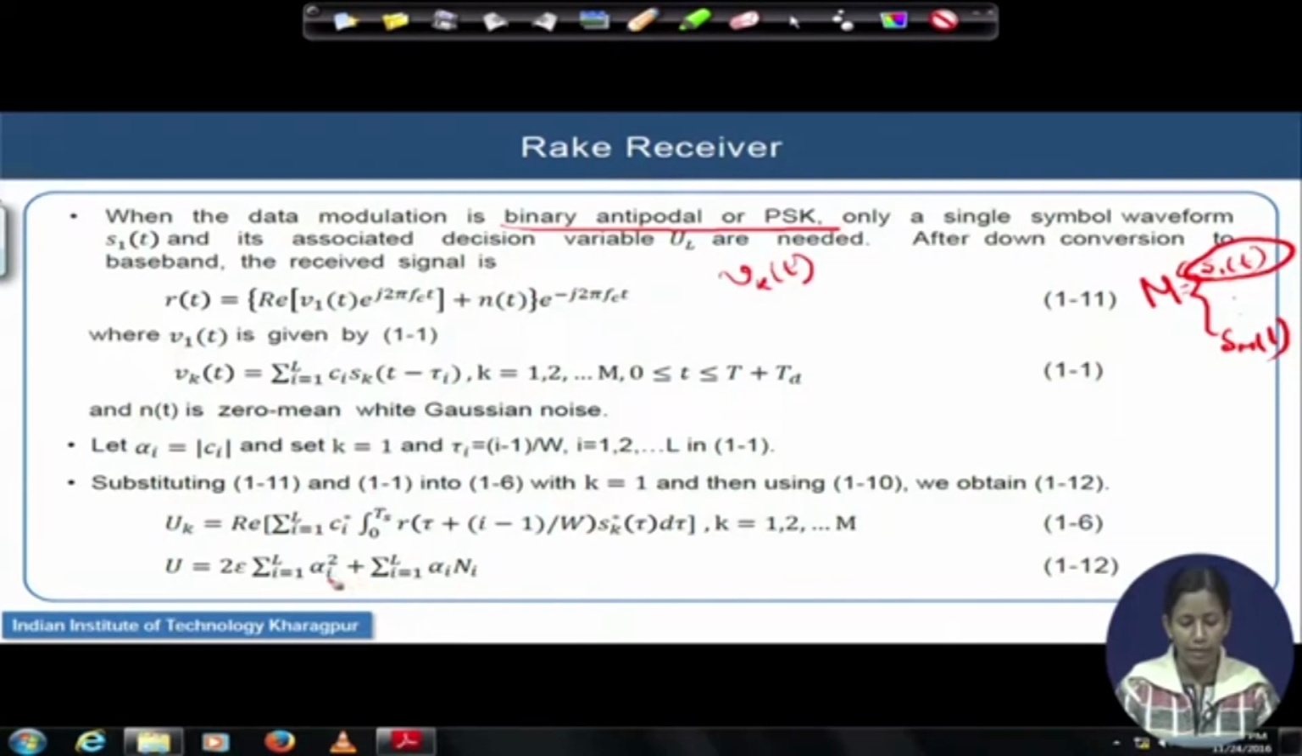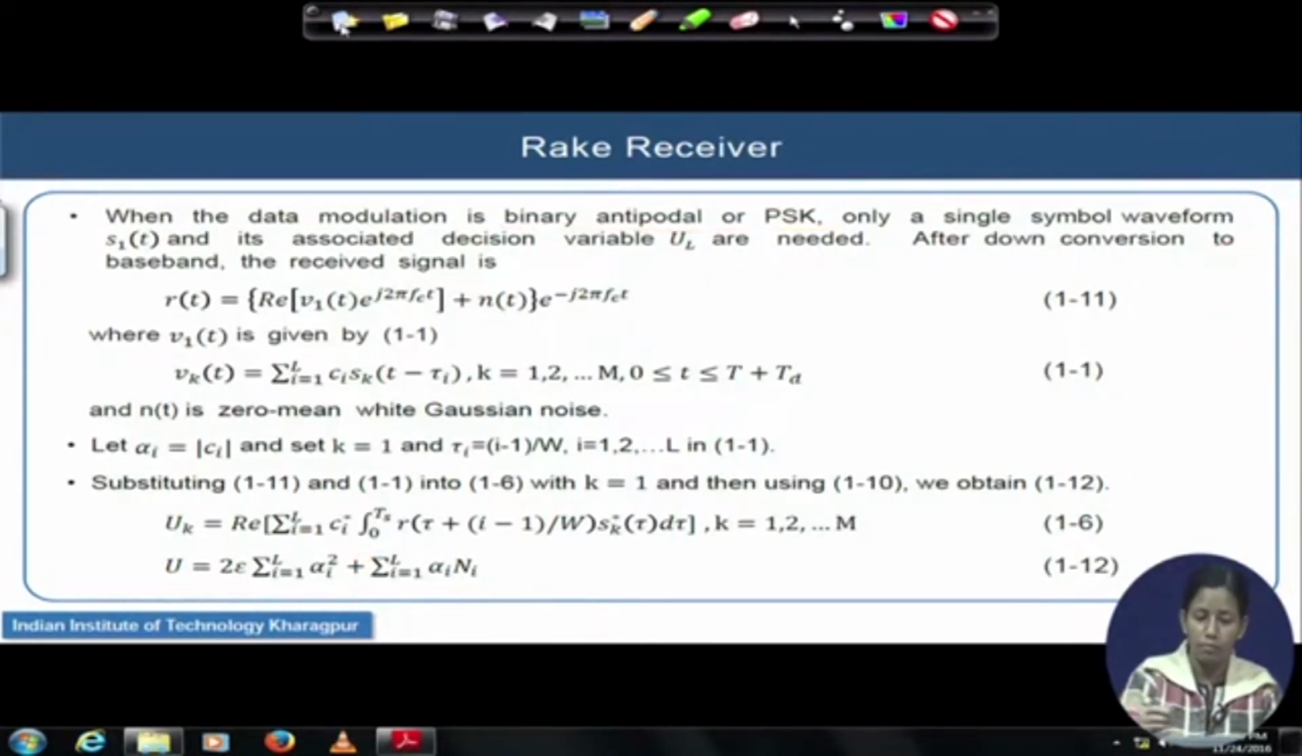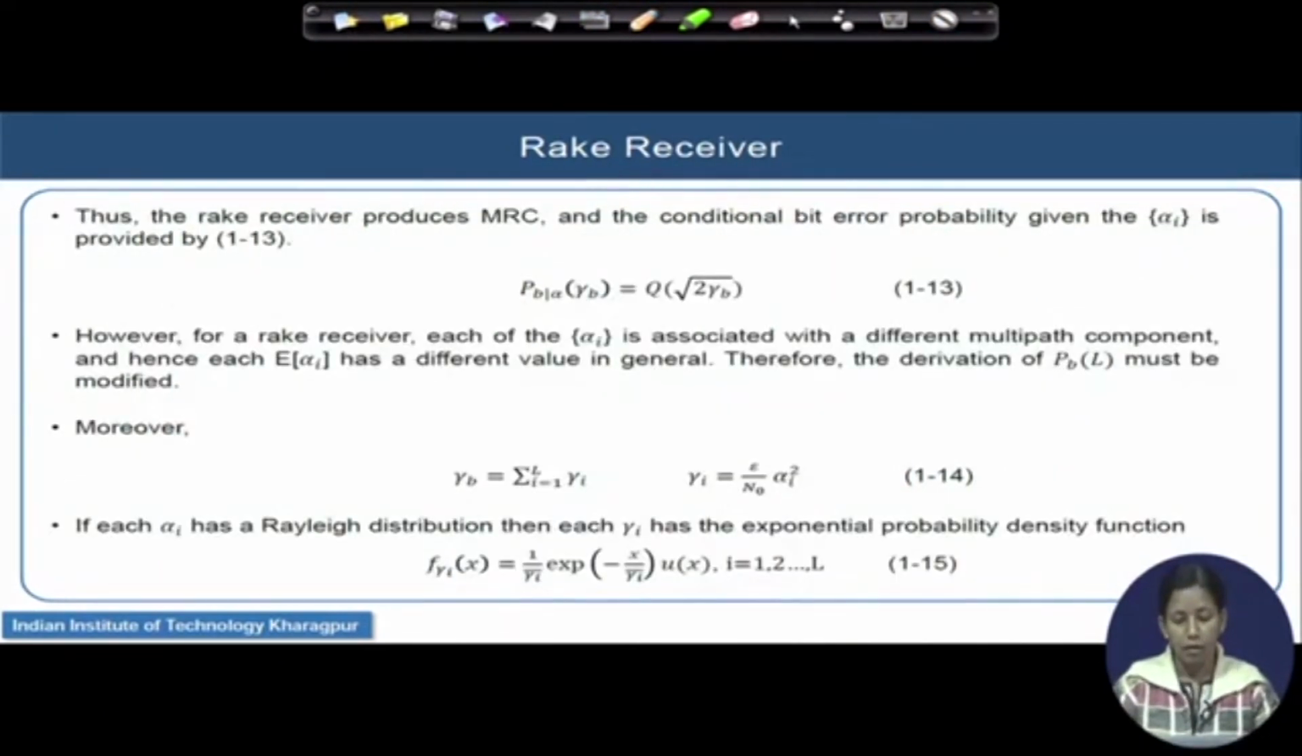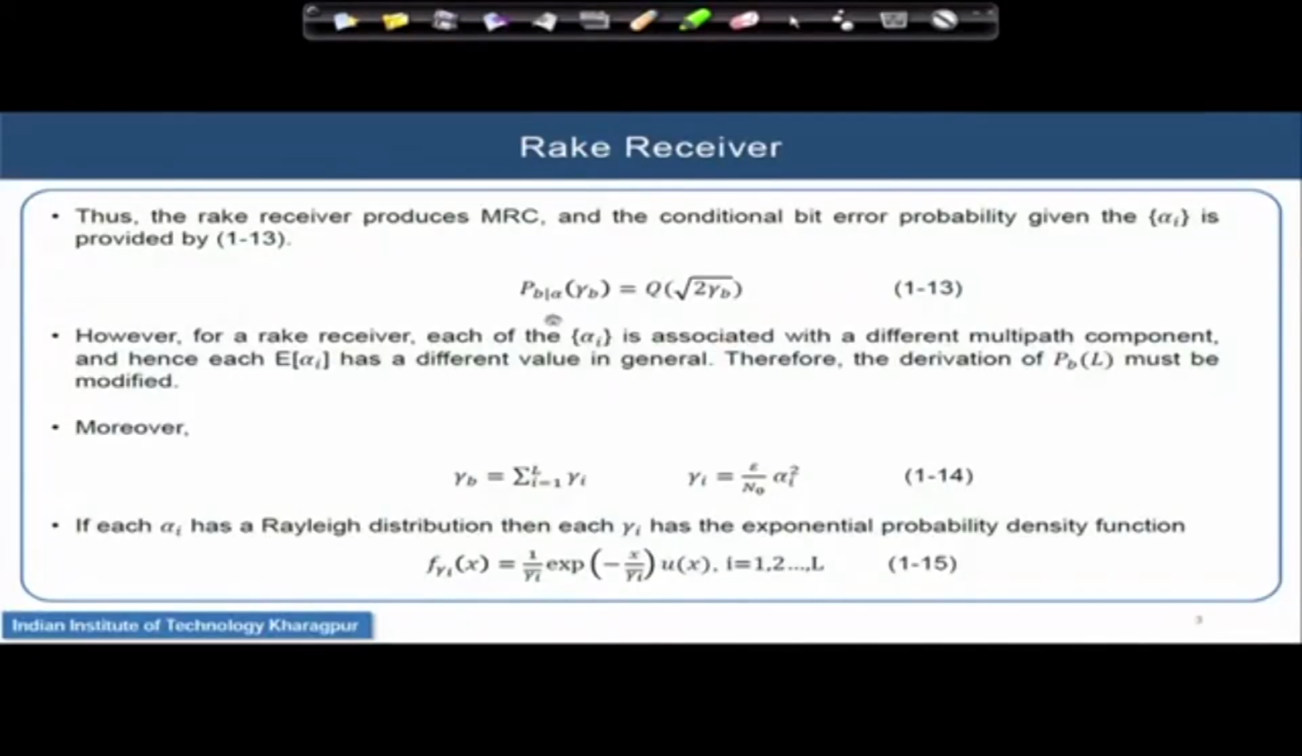And so we are getting the two halves, and this is the total decision variable based on which the output of the receiver will take the decision about which signal was transmitted, 0 or 1. And if I see the output, we will be seeing the last equation, that the Rake receiver produces a maximum ratio combining, and the conditional bit error probability for the maximum ratio combining, which is a probability given